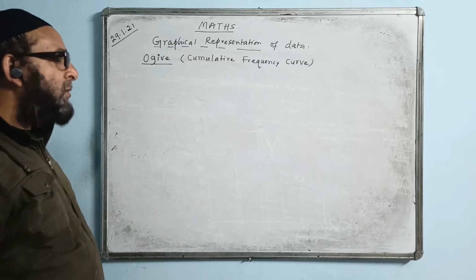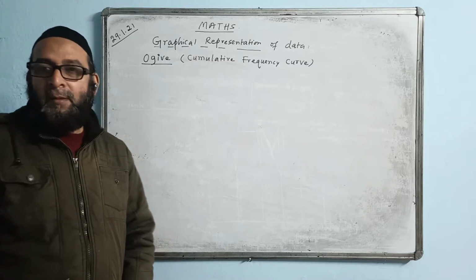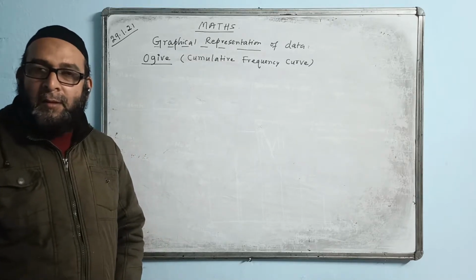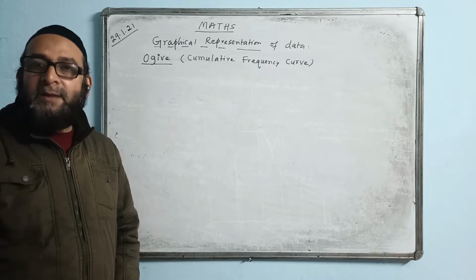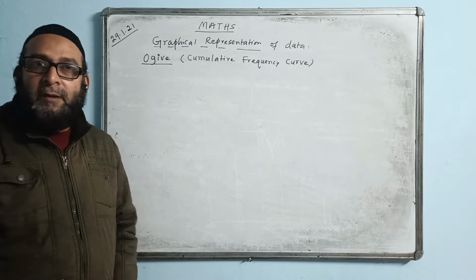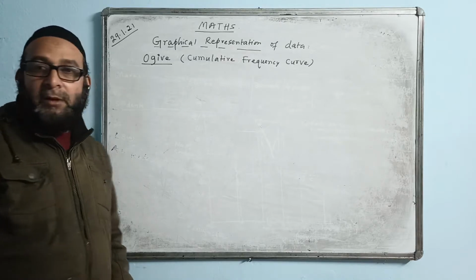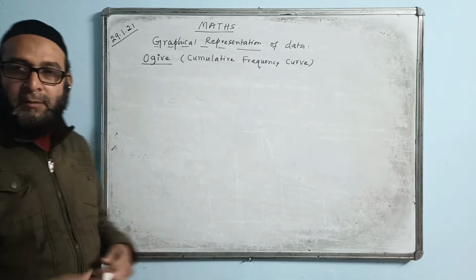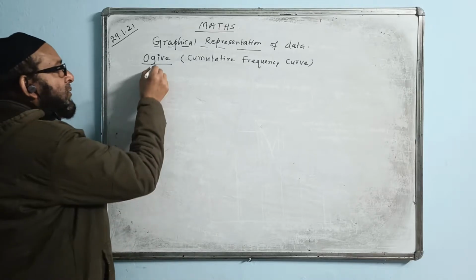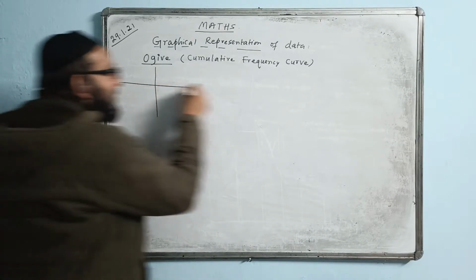Ogive is also called... Okay, just have a look at it. We haven't learned it yet, afterward we'll see. Ogive is also known as cumulative frequency curve. They will give a table. They will ask you to draw an ogive for this